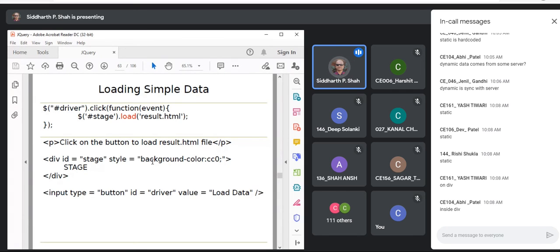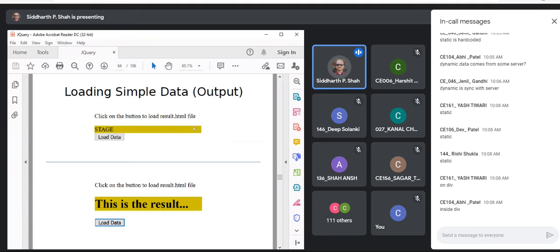The division background color is CC0, not O, CC0, which is this color. So by default it is showing like this, but when you click on load data, it will load this stage division with some HTML file content. Right now that HTML file contains only one text. This is the result. Are you getting this load method?